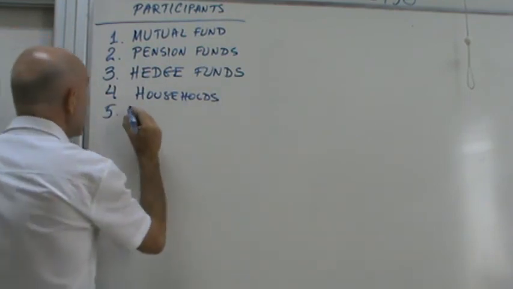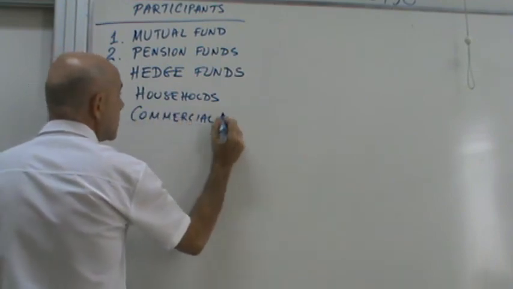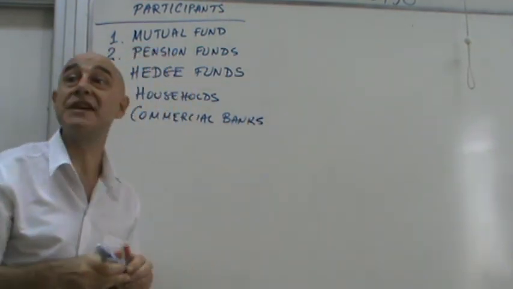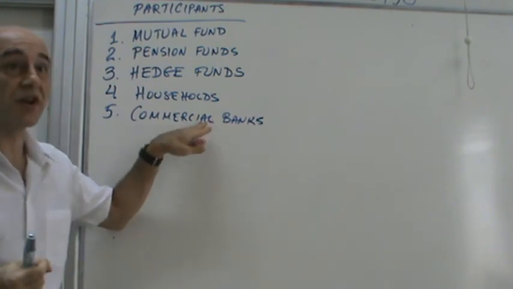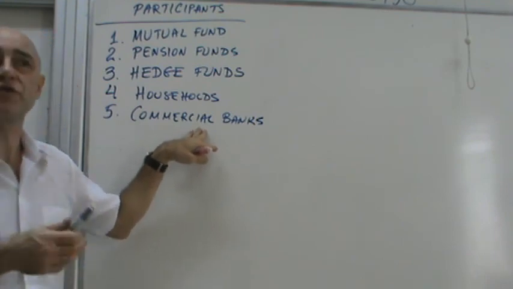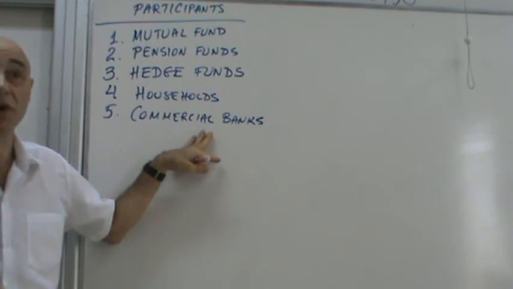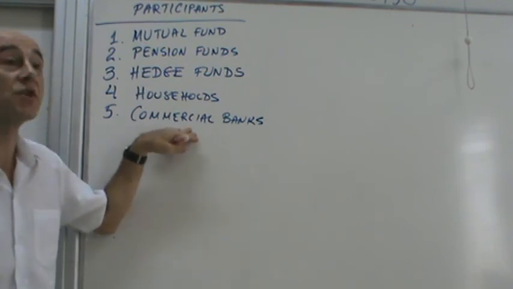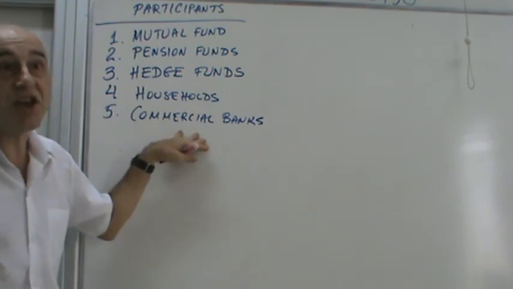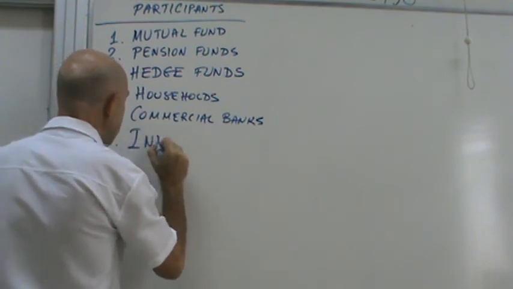Of course, a big one will be commercial banks. It's important to understand that in the US there are major restrictions on commercial banks buying and investing in stocks. But there are no restrictions in Europe. European banks can buy stocks all they want. Japanese banks can buy stocks all they want. So in other countries around the world, commercial banks play a major role, both as buyers and investors, occasionally as traders. Of course, investment banks